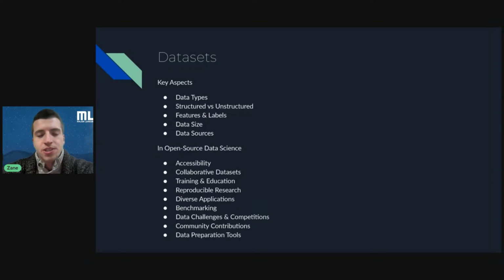So in open source data science, we've had some interest in this, in fact, tonight. I don't know if it's too relevant as of right now, but those are just some of those key